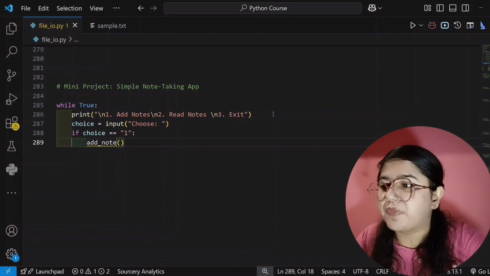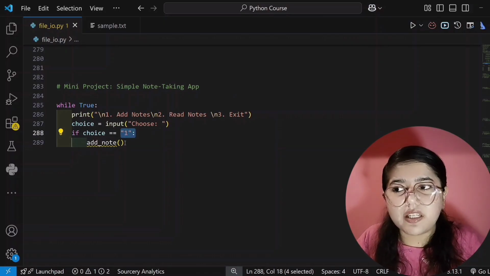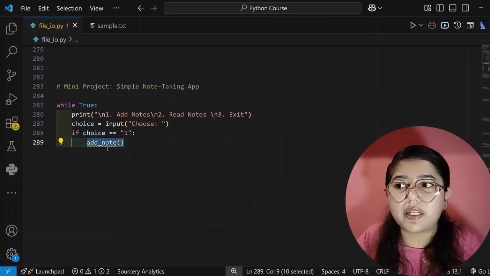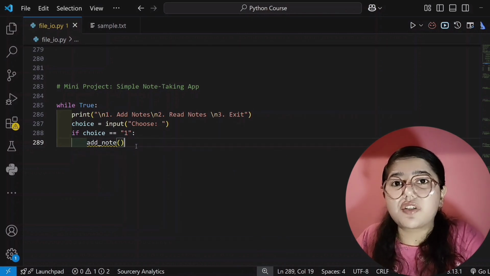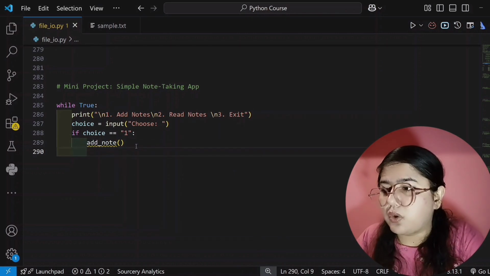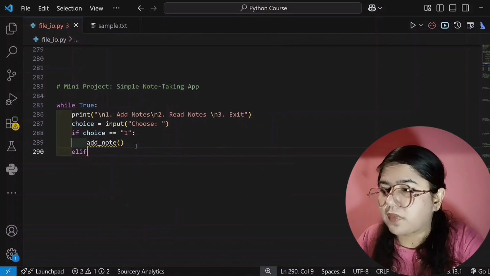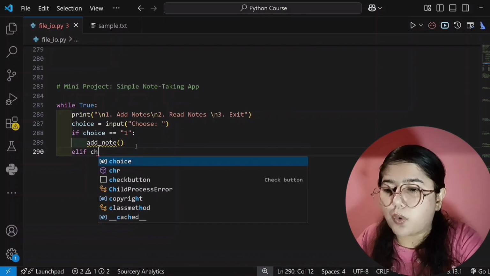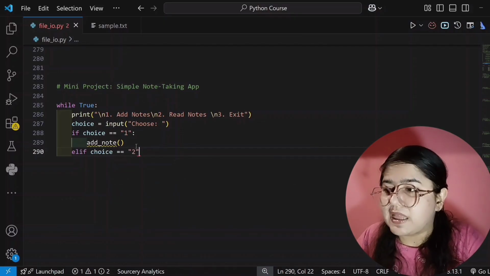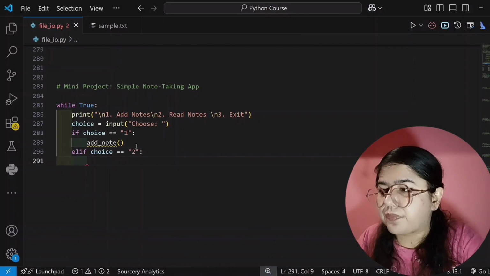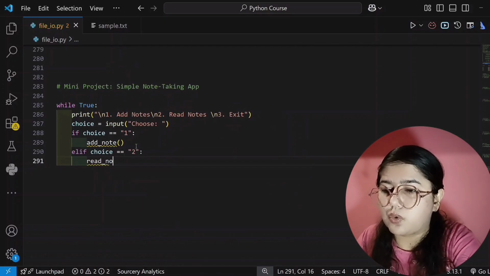So if the user selects 1, then this function will run. Whatever code we write in this function will run. Here we will write the logic for adding the notes. Now the second condition will be elif. I am writing here, if choice is equal to 2, then you do one thing, you can read the notes. Read notes.